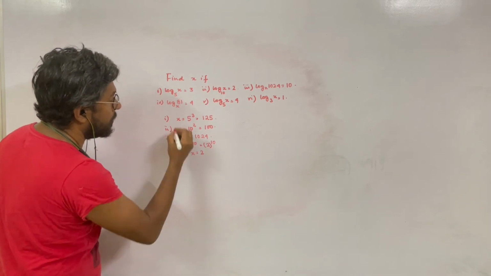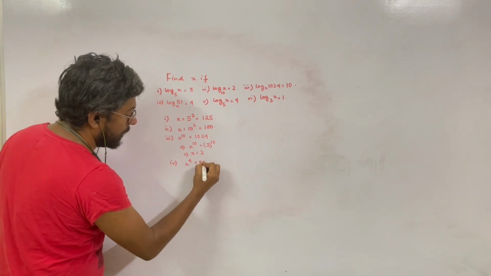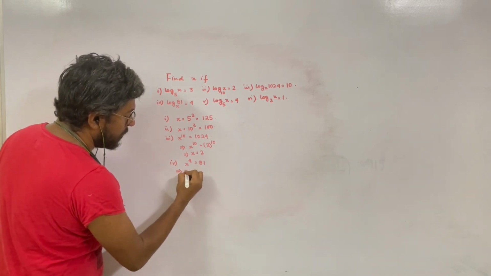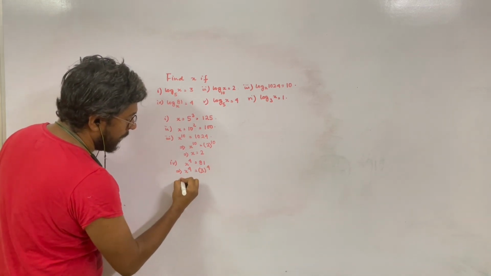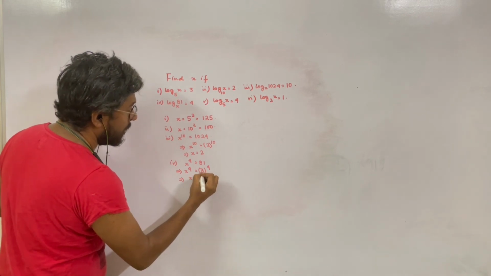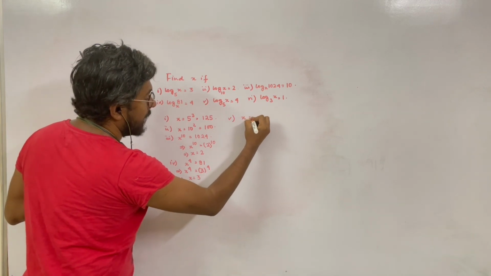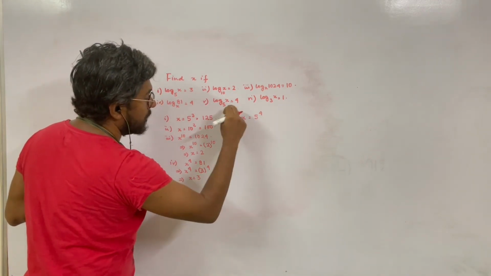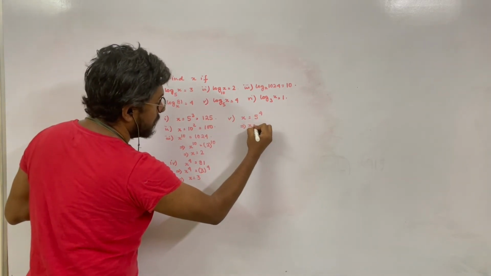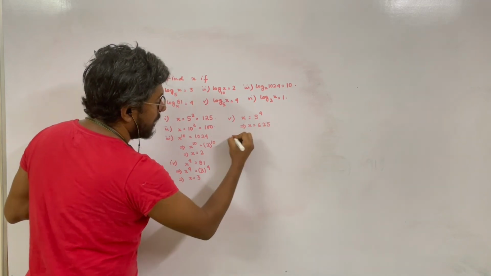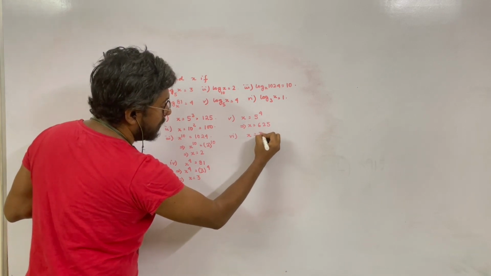In the fourth sum, similarly, x to the power 4 equals 81, implies x to the power 4 equals 3 to the power 4, implies x equals 3. In the fifth sum, we will have x as 5 to the power 4, since 5 is at the base, so x equals 625. And in the sixth sum, we will have x equals 3 was at the base, so 3 to the power